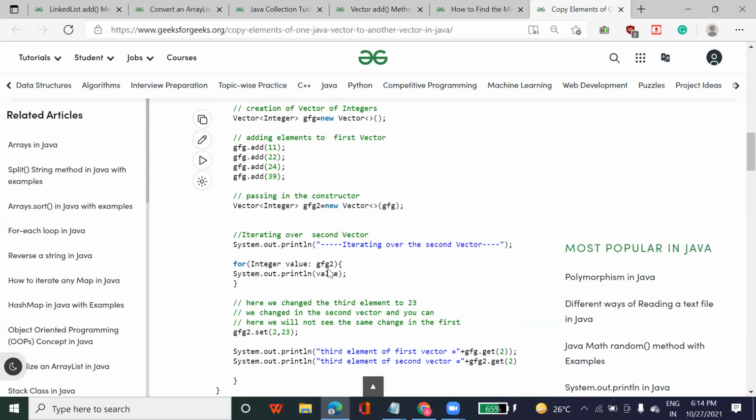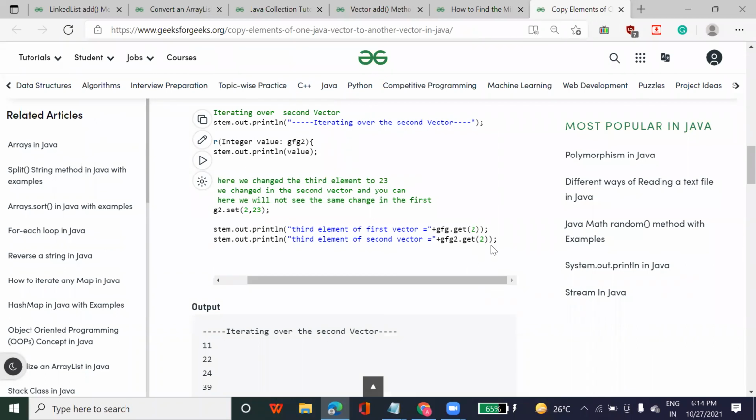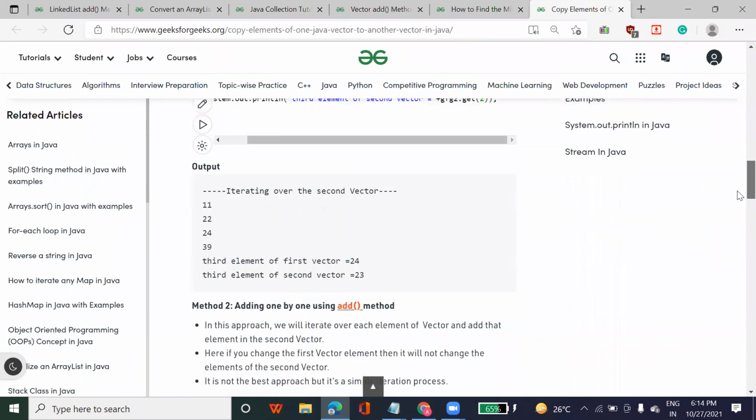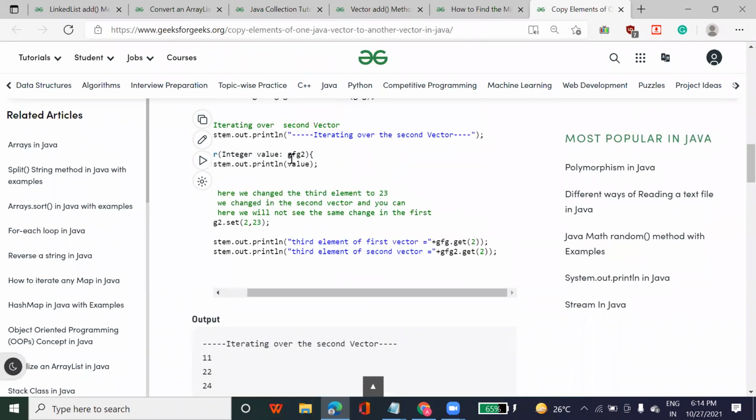If you write gfg, then it will get 4 values and run 4 times, so you can assign the values. So here gfg2 set, gfg get, so iterating over 11, 22. This is an empty one.